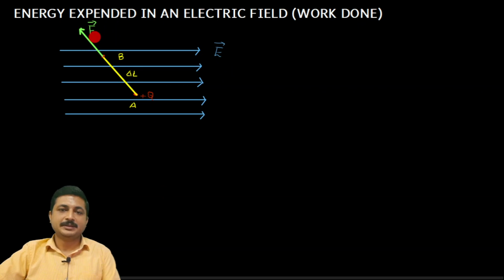Now I have a charge Q, I have the electric field, and I have represented the force also. Now by the definition of electric field intensity, can I find the expression for this force? A big yes is the answer, because we already know that electric field intensity is defined as force upon charge. The force experienced by a unit positive charge can be treated as electric field intensity. So E is nothing but F by Q. From that I can easily get F. F is nothing but the magnitude of my charge multiplied by field intensity. So F is QE.